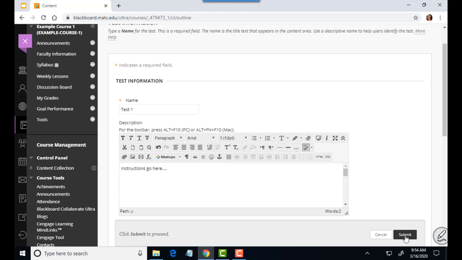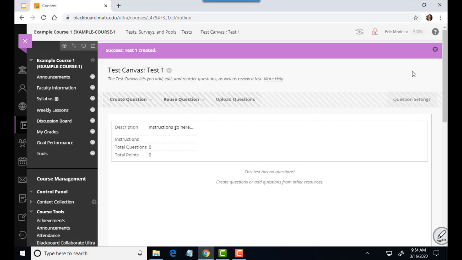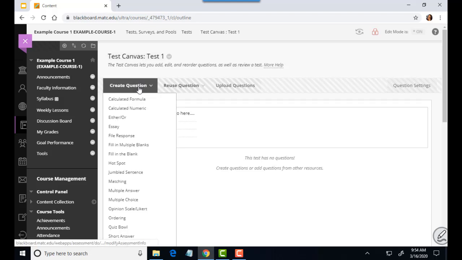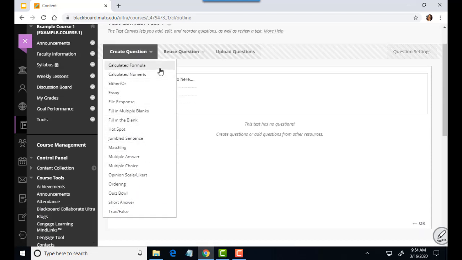And then I'll click Submit. And on this page now, you are taken to the test canvas where you have your tools to create your questions. So if you go to Create Question, you have your options for creating all sorts of different question types. And to support those students who are trying to access content on a mobile device, keep this very